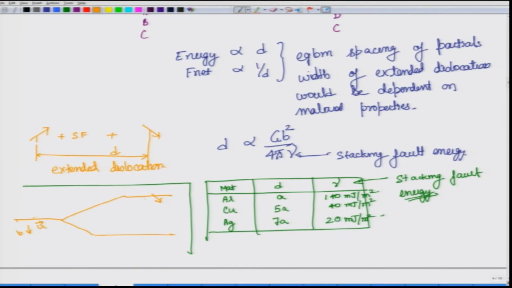So, if it is parallel to the original U, it will have a mixed character, it will have both edge and screw character. That is what we saw when we resolved b cos 30 and b sin 30. So, this is what we solved, assuming that this is an edge dislocation. Now, you have to go back and see if I were using originally a screw dislocation. So, the Burgers vector is like this, the line vector is like this, and therefore this would be a little bit different.